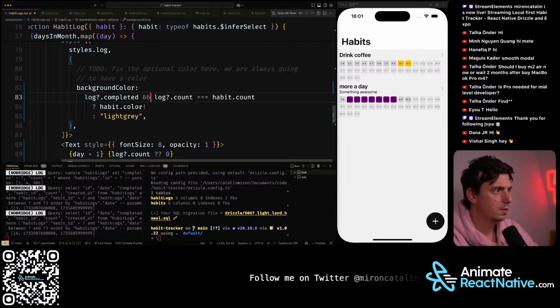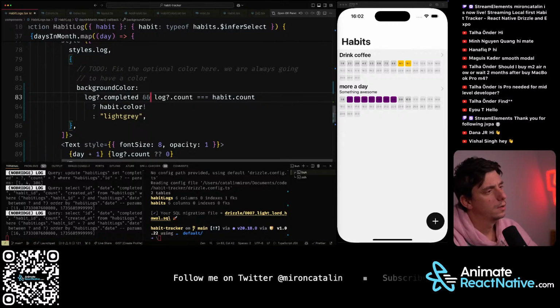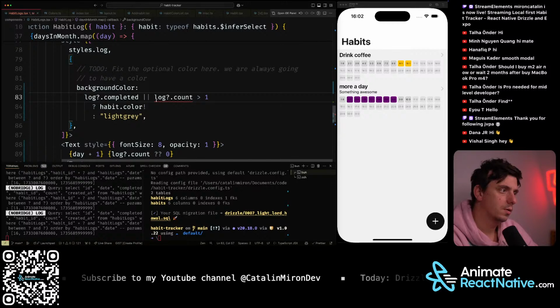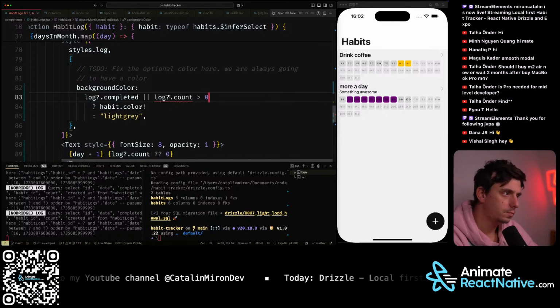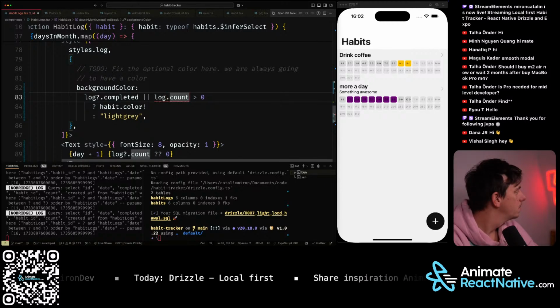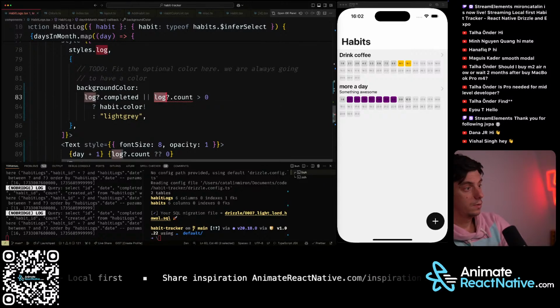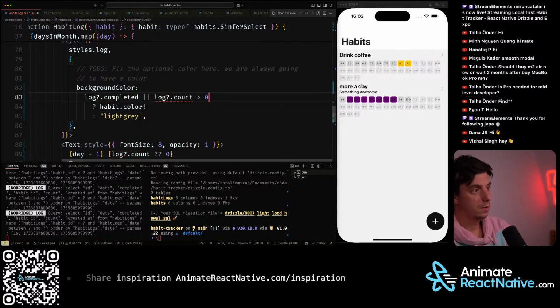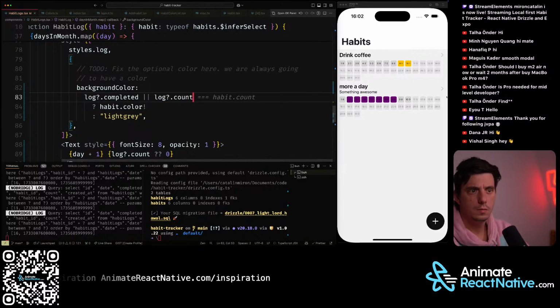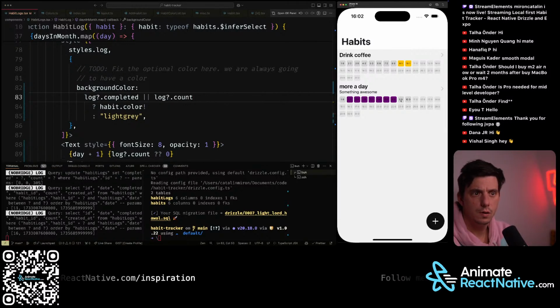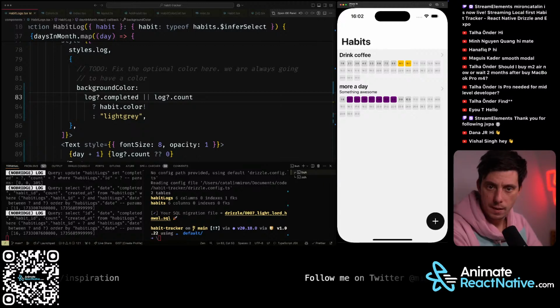And actually, log count is greater than 0. Yeah, I think this should work. Boom. Okay. Anyway,